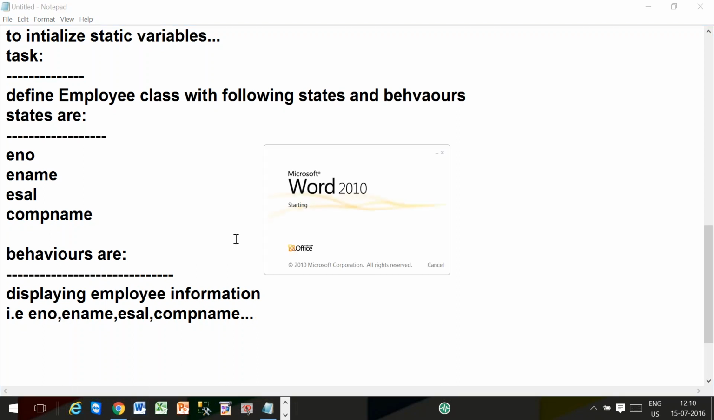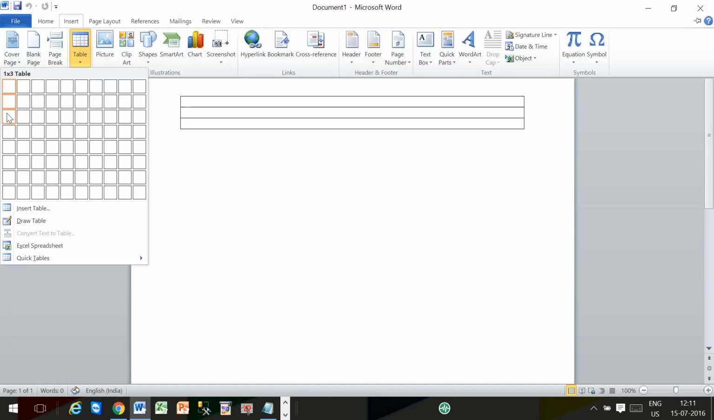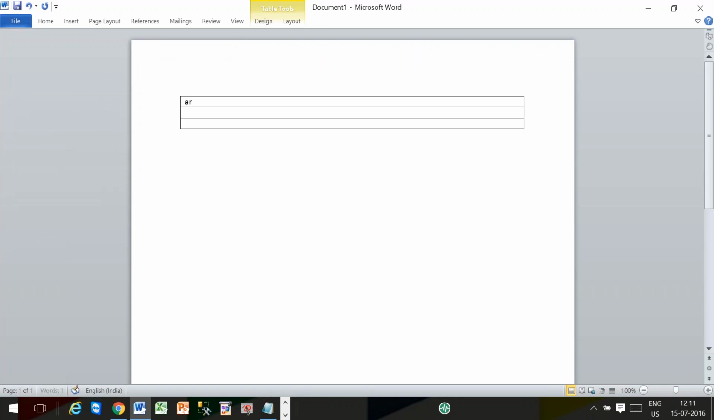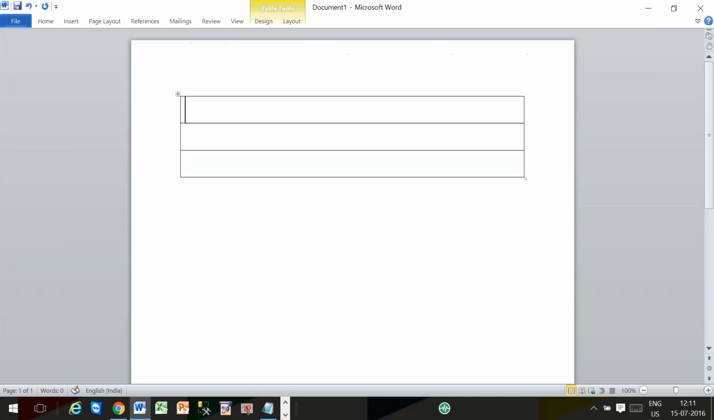Now we'll see. First of all, for this requirement, designing UML is important. What is the class name? Employee. Class name is Employee. Next, instance variables. Instance variables are long ENO,